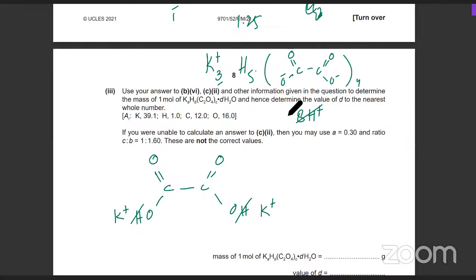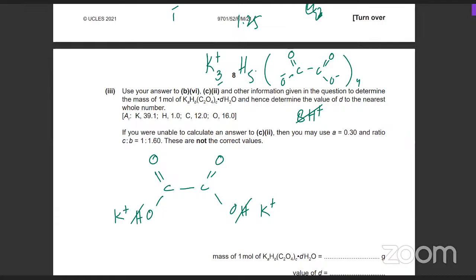So basically, this is what's happening. You have an ethane dioic acid, and every ethane dioic acid has 2 H plus 1 ions, and every time it gets neutralized, the amount of H decreases and the amount of K increases. But is this part clear, this thing? How you can relate this to this thing? Is that clear? I said, now in our question,